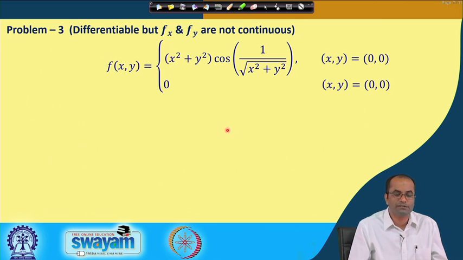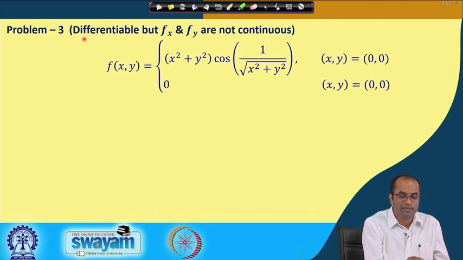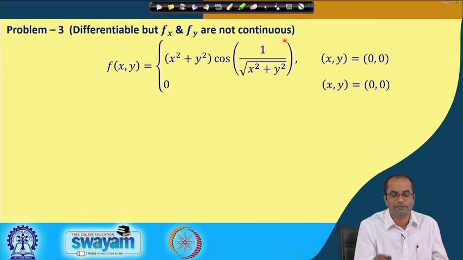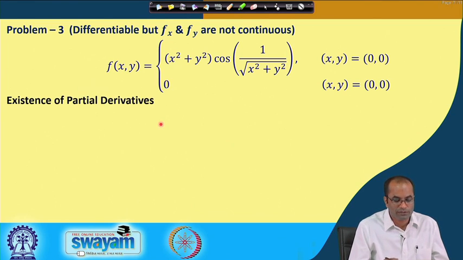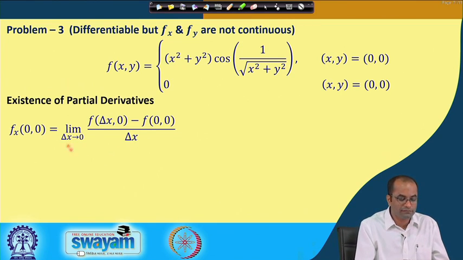So, this example precisely shows that the function is differentiable, but f_x and f_y are not continuous in this case. So, for the existence of partial derivatives, we have to show that the necessary conditions are satisfied for differentiability. If one of the necessary conditions is violated, then we can immediately claim that the function is not differentiable. So, here the existence of partial derivatives, again we have the definition f(Δx, 0) minus f(0, 0)